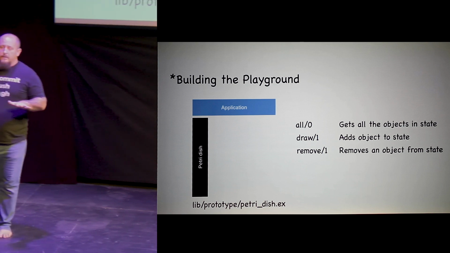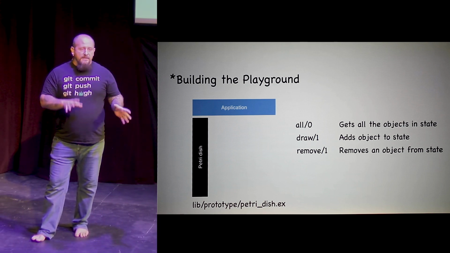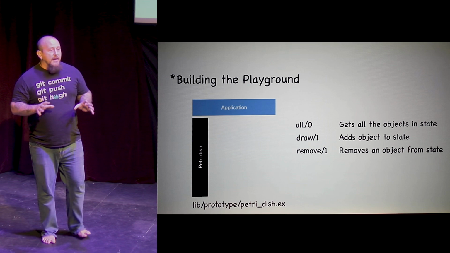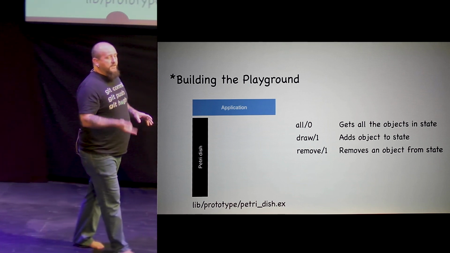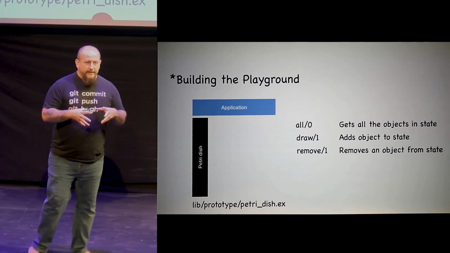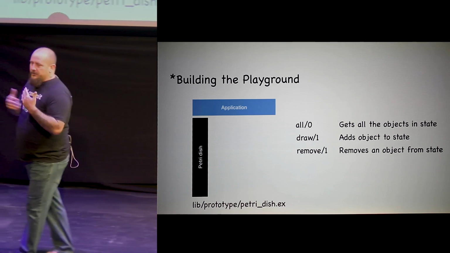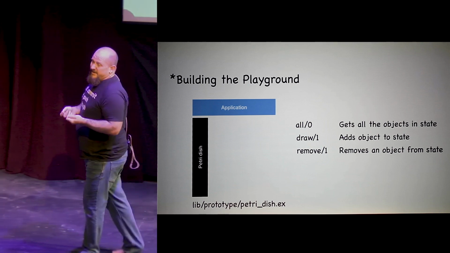That's all it's doing. One of the biggest problems I see when people get into OTP is they start having their processes do too many things. They combine both state and functionality in a single process. Well, what happens when your message queues fill up? Because it's essentially like,